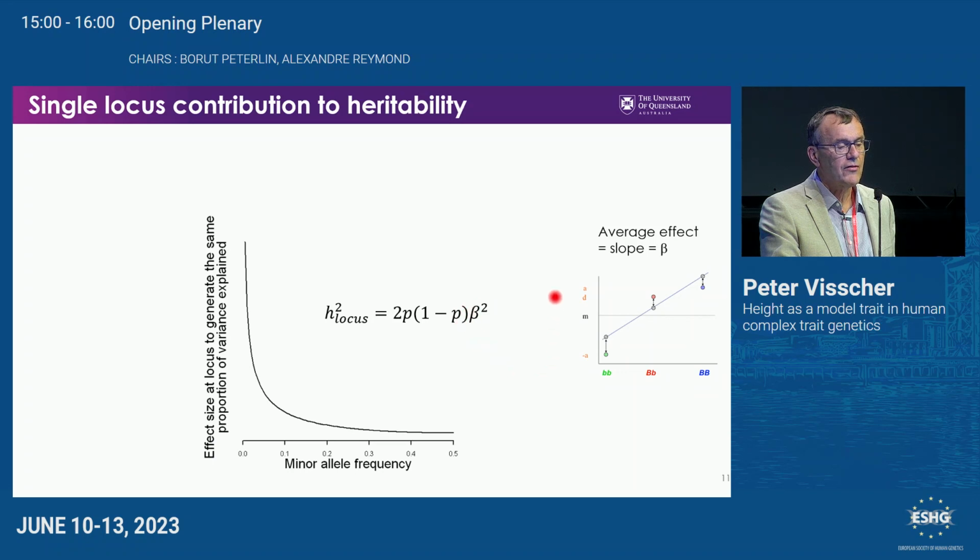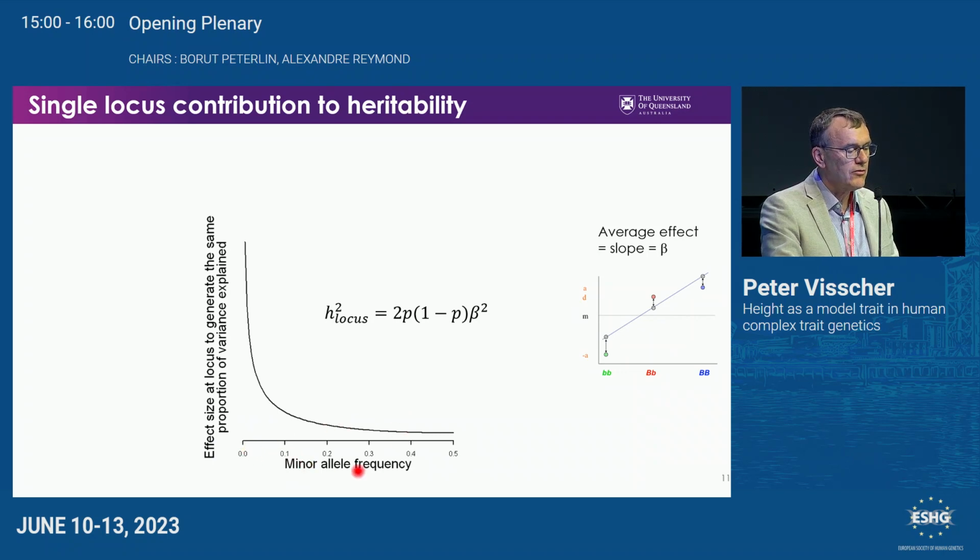And this is the effect size that was introduced by Fisher in 1918. So all the points on this curve here explain exactly the same amount of variation in the population and contribute the same to heritability, which is